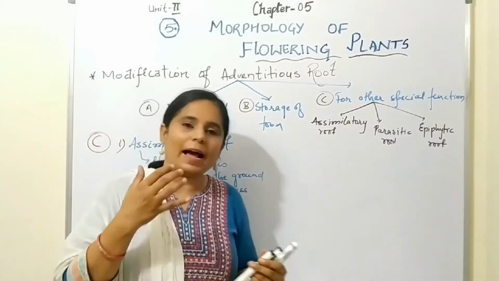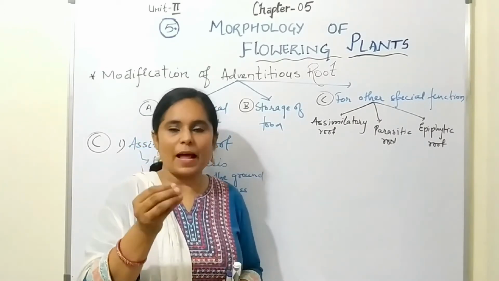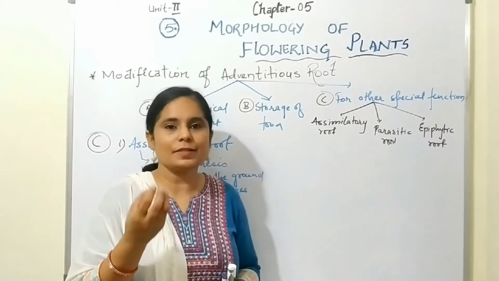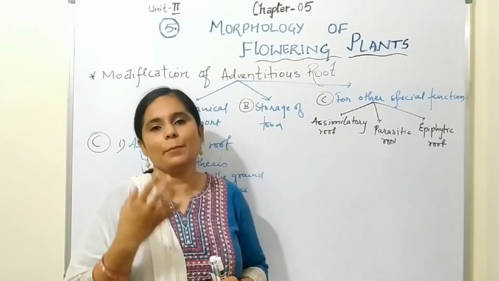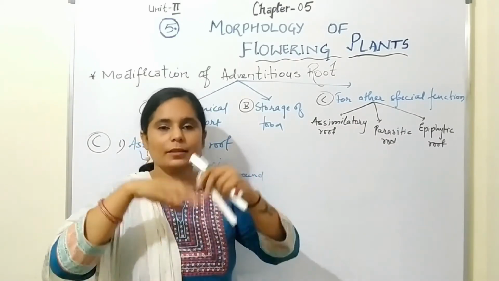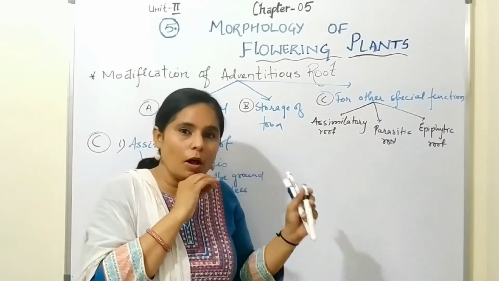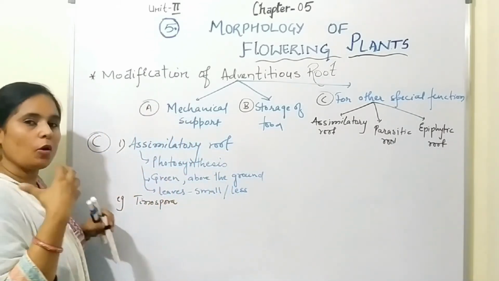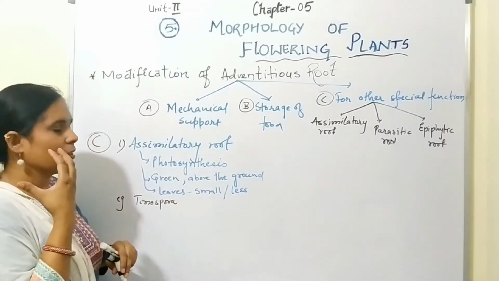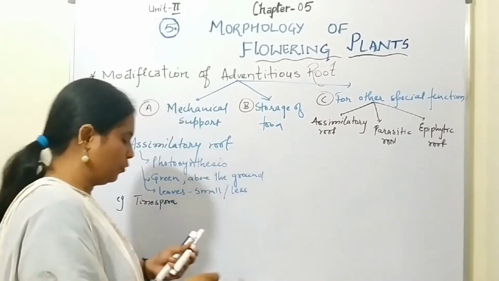The plant, why has the root opted for photosynthesis? These plants have very few leaves and they are very small, and the photosynthetic material which they make is not enough to support all the metabolic functions of the plant. So in that case, the root will opt for this function. They will go for photosynthesis so that they can prepare more food.